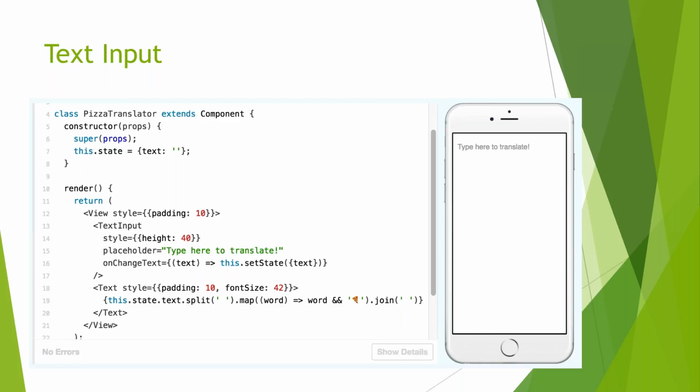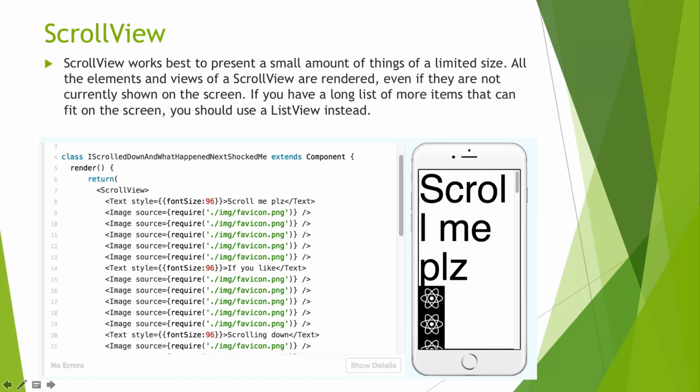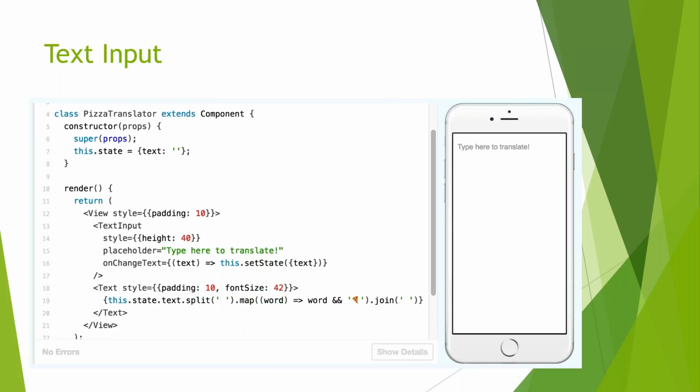Okay, so simple examples. This is just a simple class inside which I am creating a text input. Inside React Native, there is no concept of div because it is not HTML, it is native. So everything is a view. Whatever you use as a div translates to a view in React Native. So you create a view, you give it certain properties,